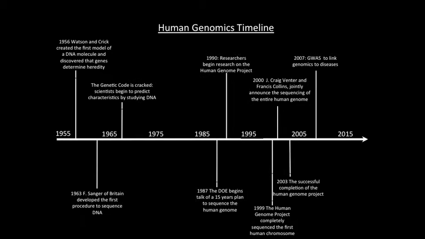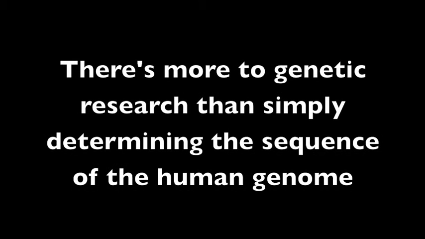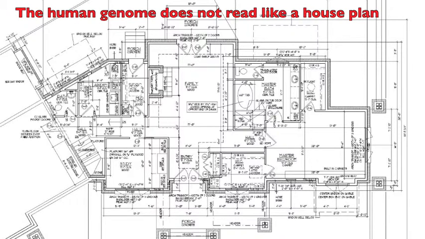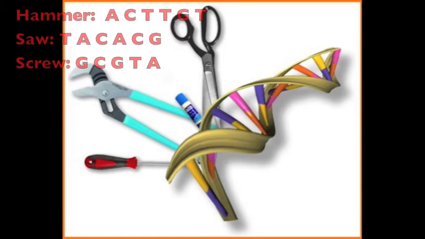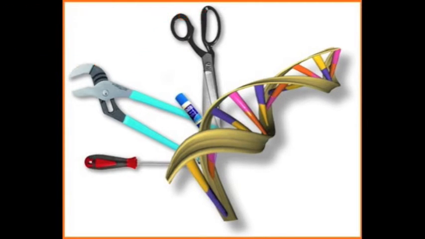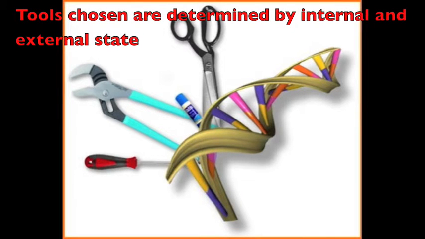Unfortunately, the initial hopes of accelerating genetic disease research were not entirely achieved by the Human Genome Project, as more is required than simply the sequence of the human genome. Consider how an architect may look at a master plan for a house and determine where the main support beams and foundations would lie. The human genome acts more as a toolbox, where all the tools necessary to build that house are there, but the tools are selected by the internal state of the organism and by the state of